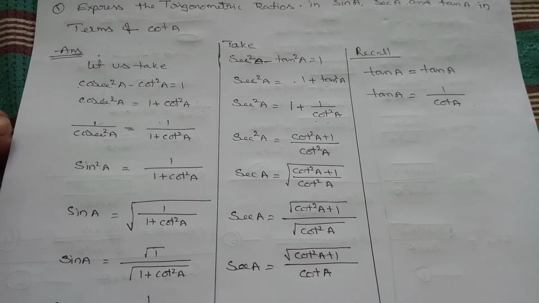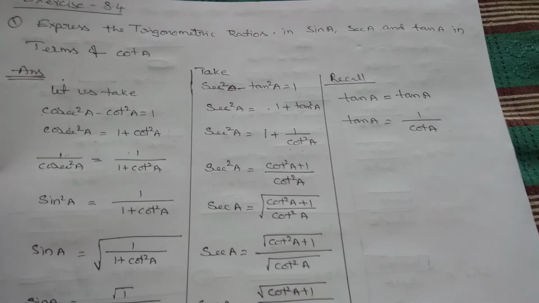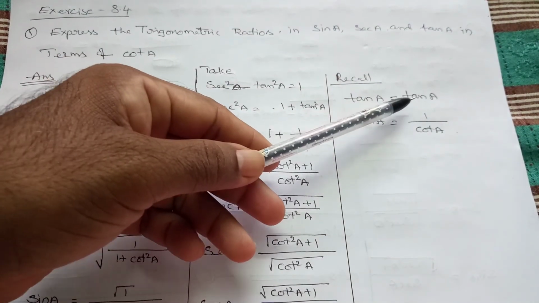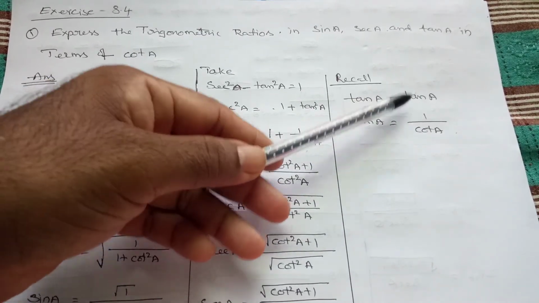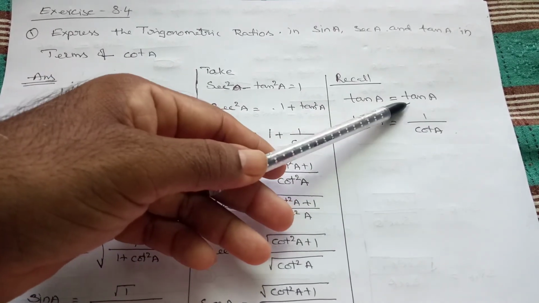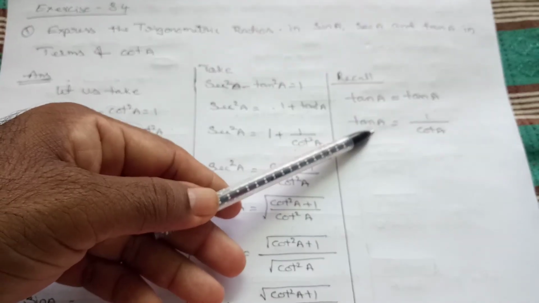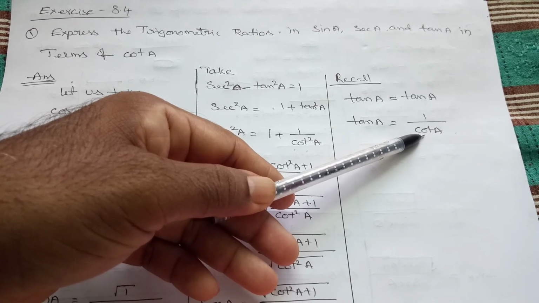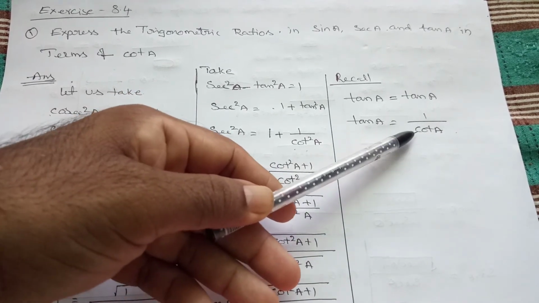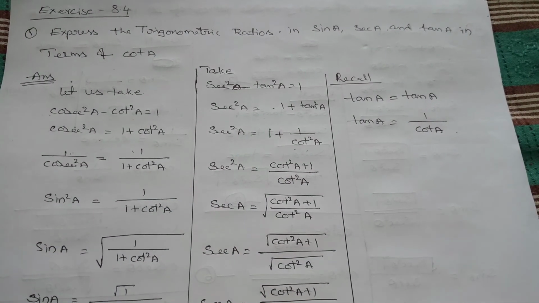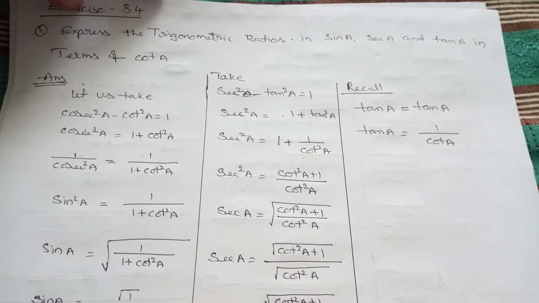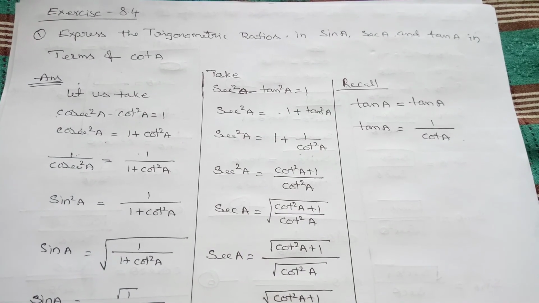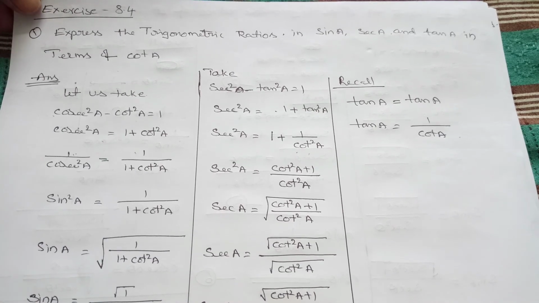Let us see the last one. Now tan theta should be converted into cot theta. So simple. I am writing tan theta on both sides. Correct, no? Tan theta is equal to tan theta only. So this is LHS tan theta, and on the RHS I am writing tan theta as 1 by cot theta. Therefore, tan theta is equal to 1 by cot theta. That's all. So by using identities, we can change into any required form.